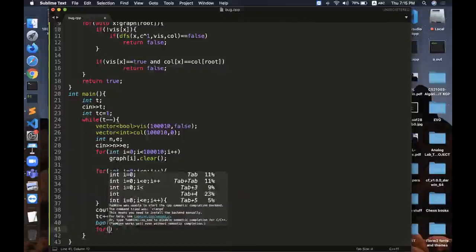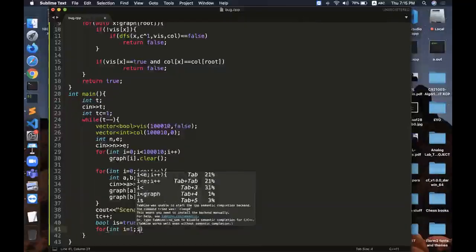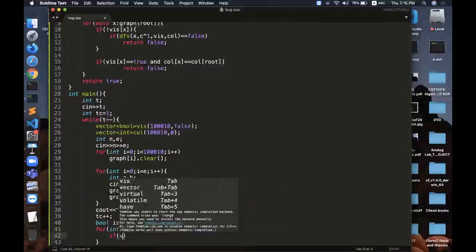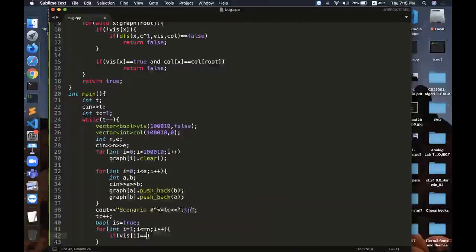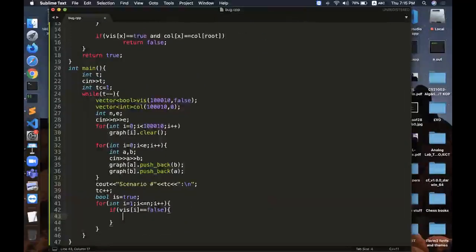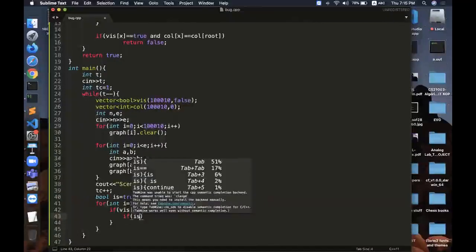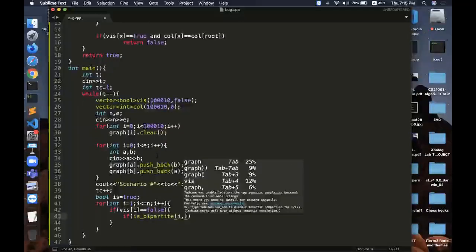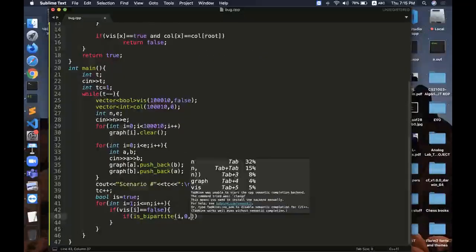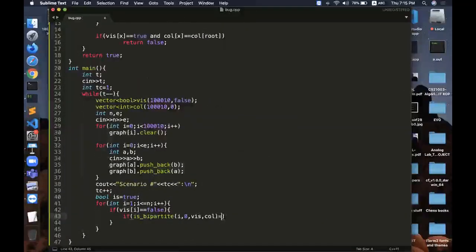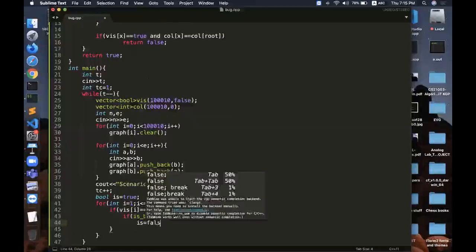And then for every bug, say from one, all the bugs, I check if it is not visited, then I check if it is bipartite. So if bipartite of I, starting from I, and then let us color it with 0, and then let us pass viz, and then let us pass color, and if it is false, then my is becomes false.